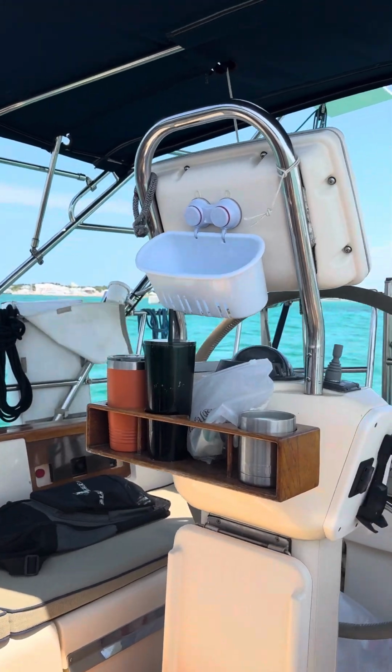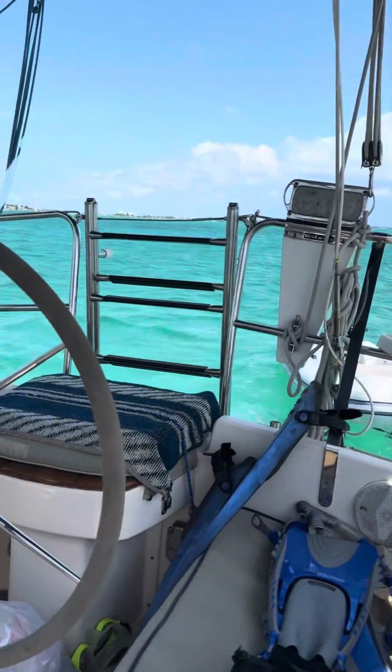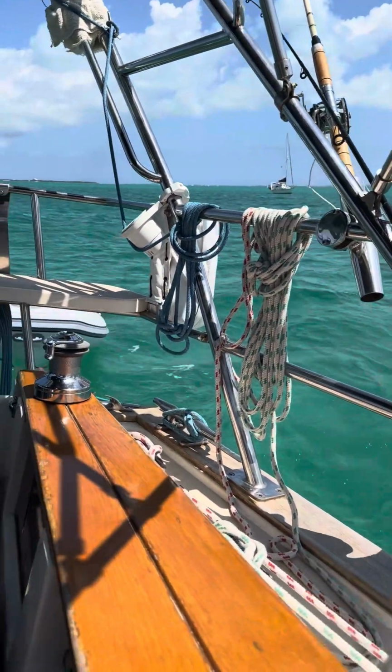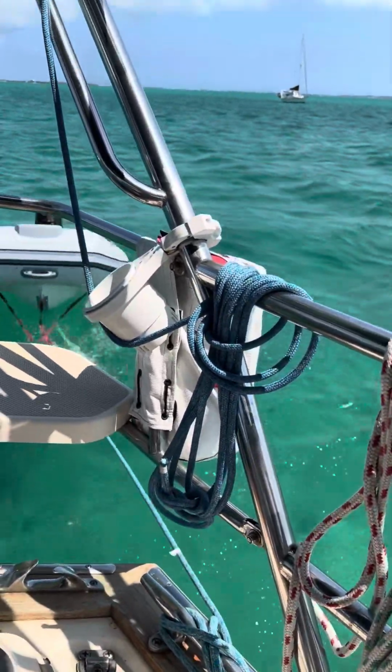Okay, fishing from the Bahamas. This particular port is called Marsh Harbor, and it's the largest of any of the ports we've been in. First off, I apologize for the wind noise too. It's quite windy. But anyway, we crossed over from West Palm, and this